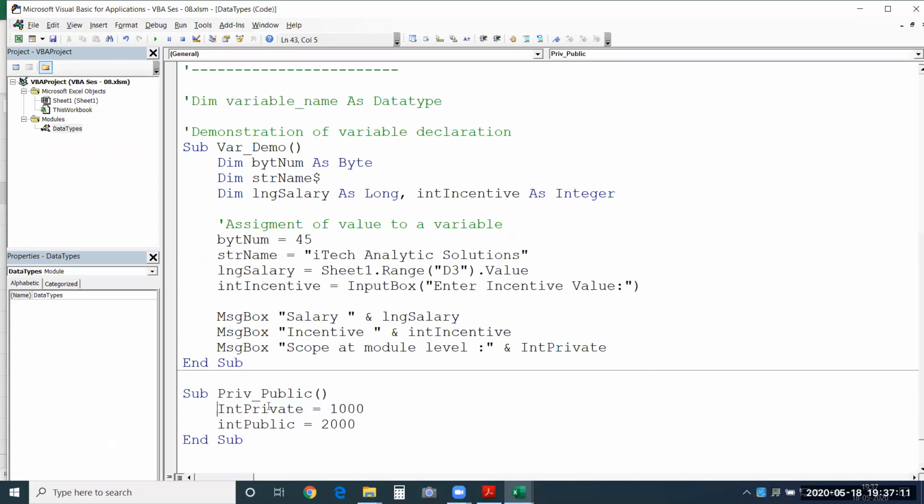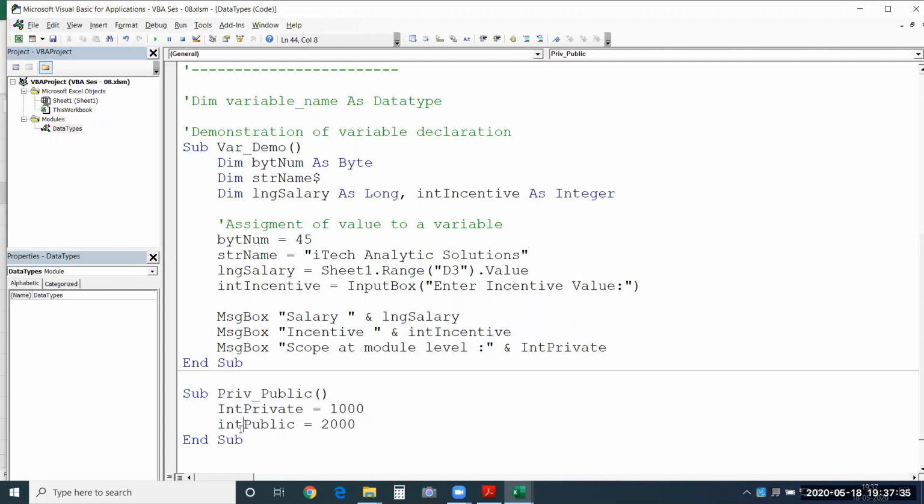I could be using this variable in any macro written within the current module. The current module is the data types. I have named it as data types. Now within this module, however many macros I write, in all of them or any of them, you could be using this particular variable value.